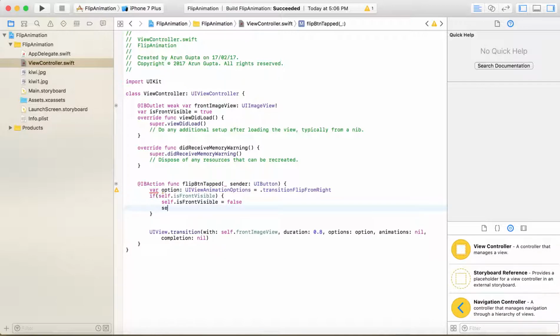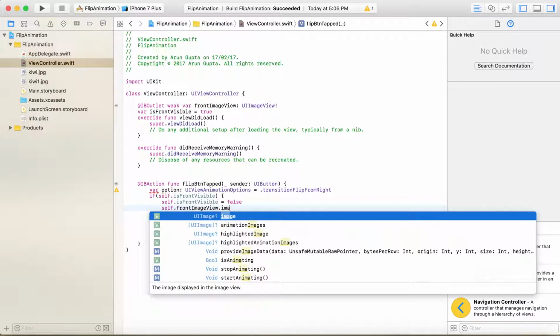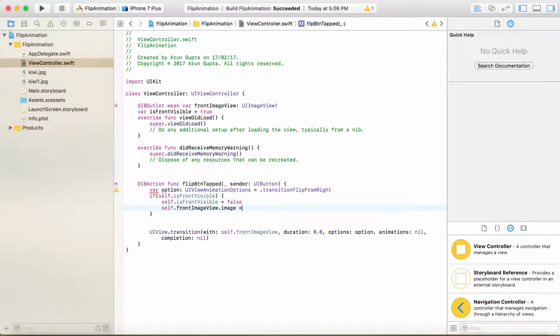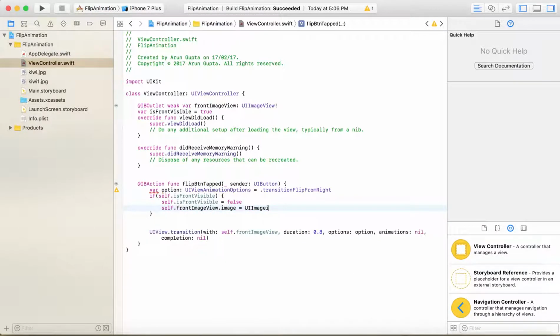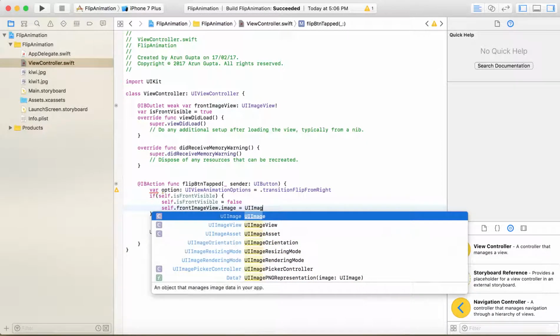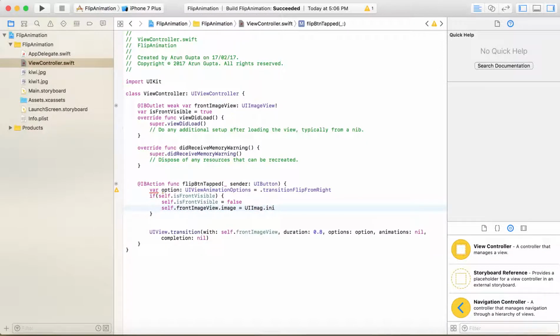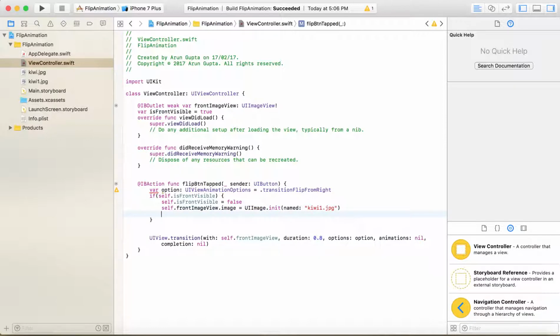Then I'll change the image of the image view from the fruit image or default image to a detail image, which describes that item. So I'll use init, and then tb1.jpg, right? And here also I'll say the option as